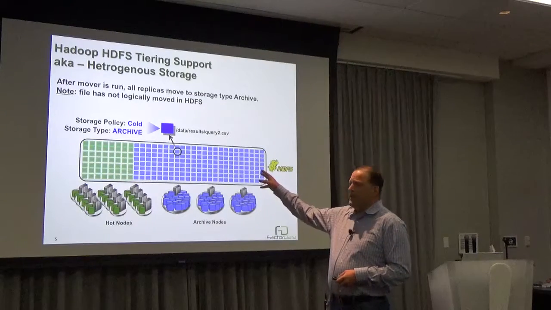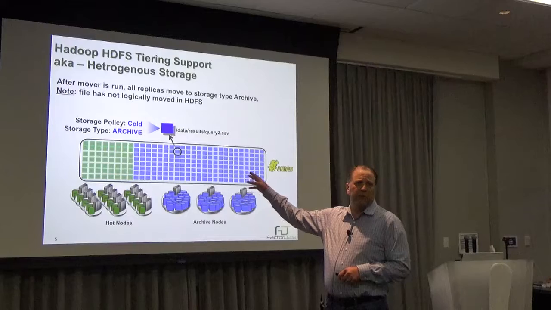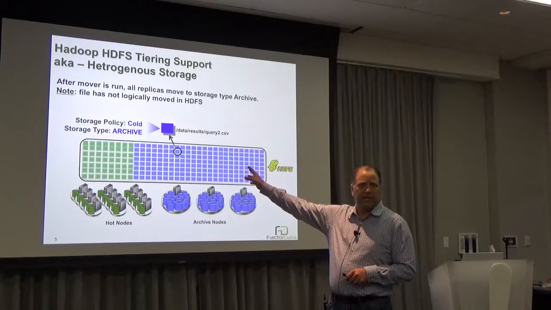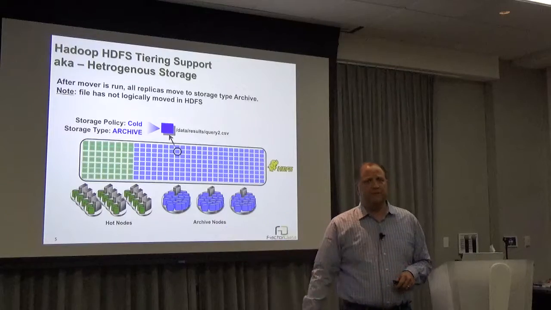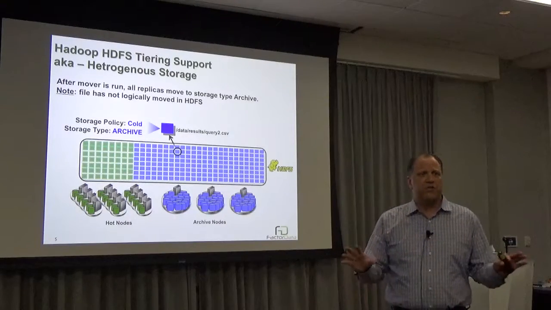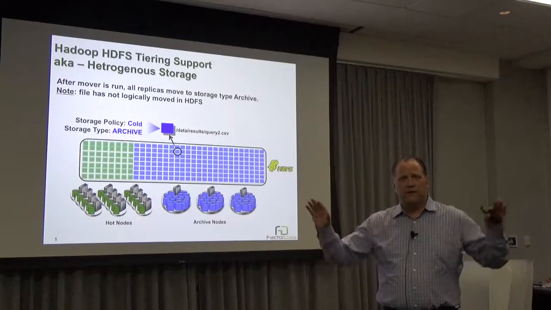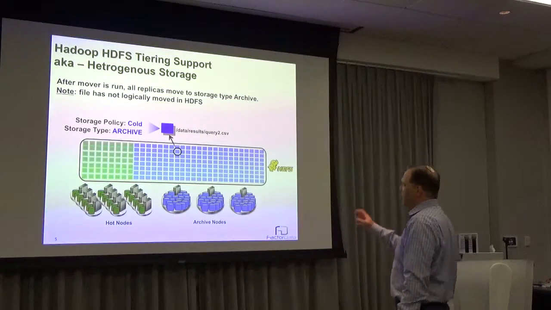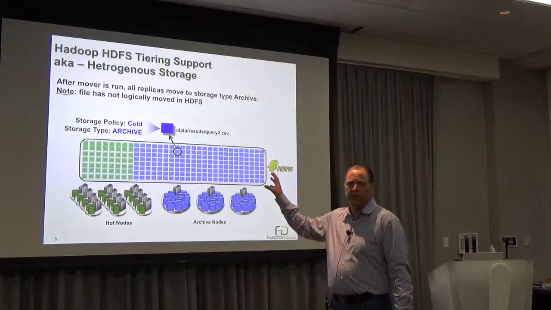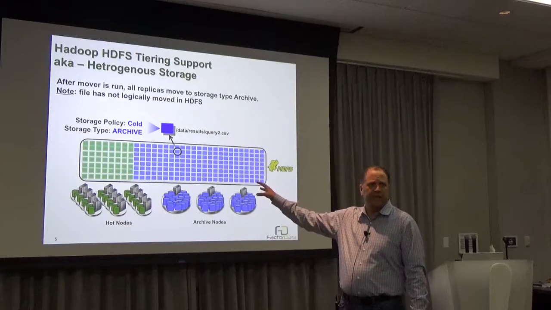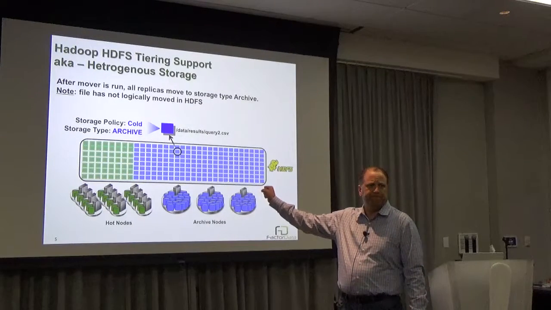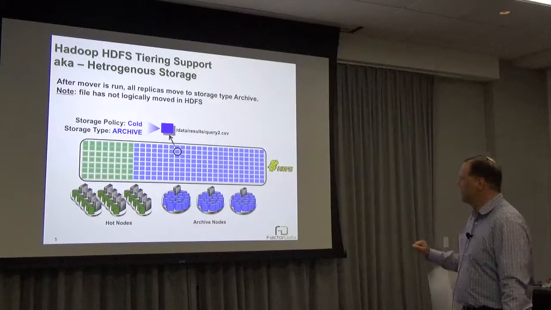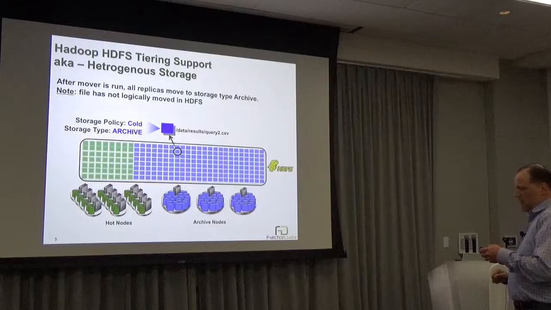But you can also see that even though the file and all its copies move to archive, the file itself still stays exactly logically in the same place in the file system. So again, from an application and user point of view, it's completely transparent. But the name node in HDFS knows where to put that data now that you've assigned it policy. All making sense? Okay. All right, so